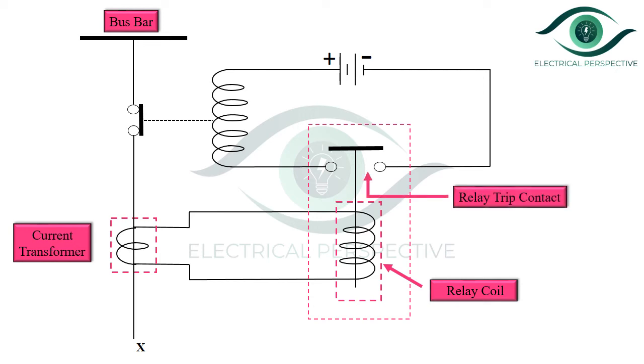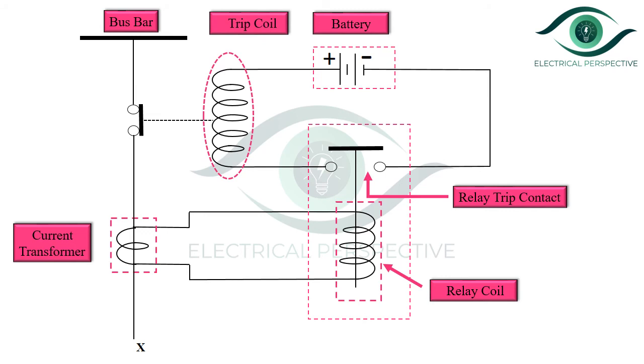Next, relay contacts are the part of the trip circuit of circuit breaker which are normally open contacts. Trip circuit consists of battery and the trip coil of circuit breaker as shown in figure. Now you can see the relay contact is connected in series with the battery and the trip coil of circuit breaker. The trip circuit can operate on AC supply or on the DC supply. And one important component is the circuit breaker.